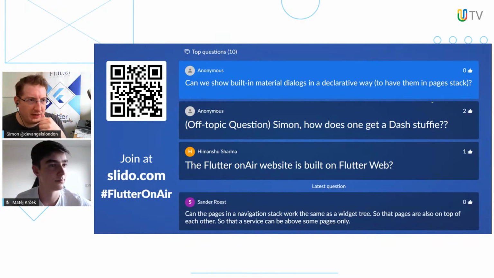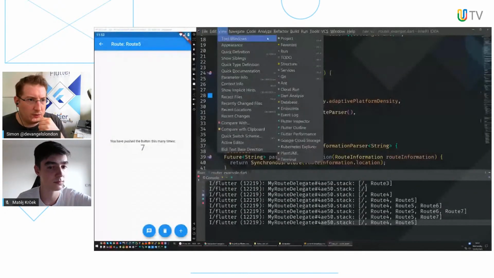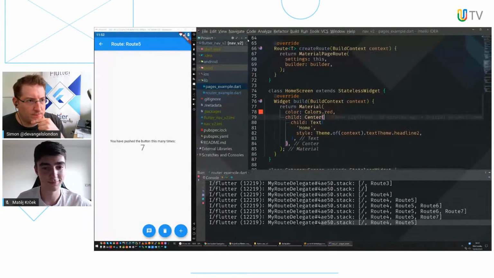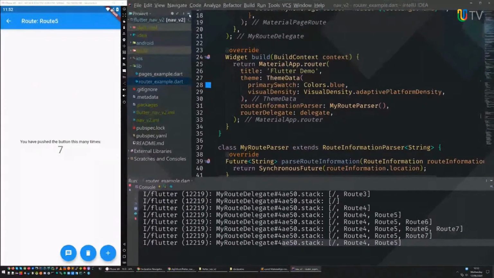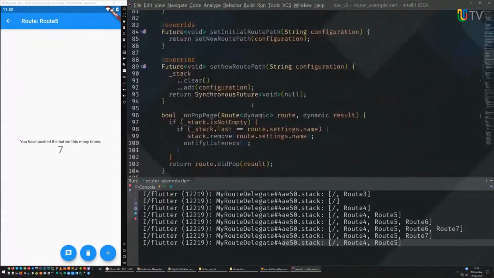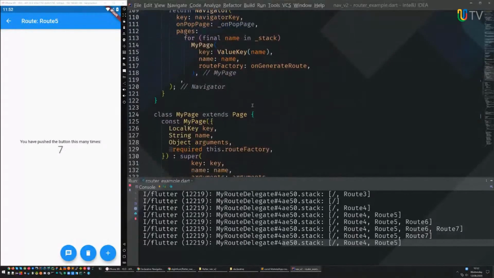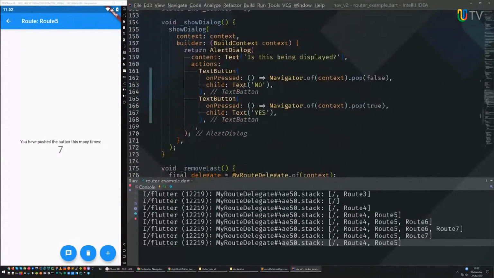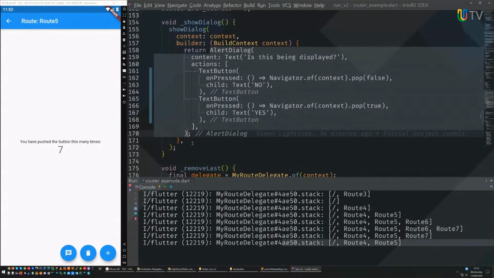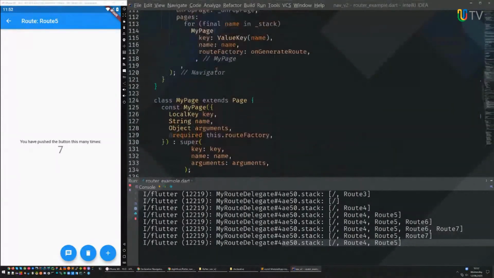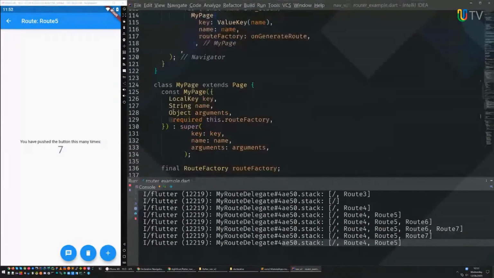Can we switch back to the screen? So if I can find the function. I just want to point this out. Here we go, show dialog. This alert dialog right here is literally the widget that displays on the screen. So if I was to copy this, and then create a